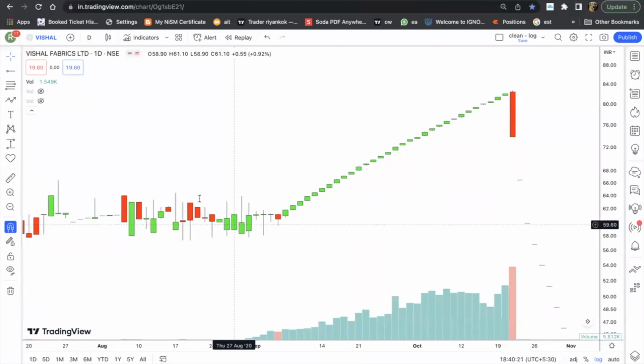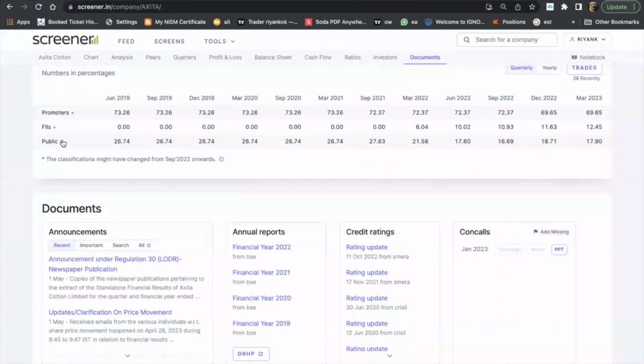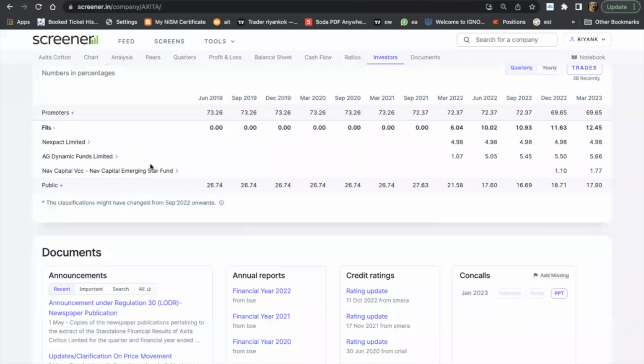I just wanted to know, how do the people manipulate FII figures as well? I am not really sure about how they do that, but I think they probably make some shell companies or something. I really am unaware of it, but this has just seemed to be a recent development on Akshita Cotton, which I saw by the FII's number going up. So, my whole motive of telling all this is just that how you can use technical analysis to identify these companies. Okay. Thank you. Yes. Got your point. Okay. Yeah, thanks. Okay, thank you.